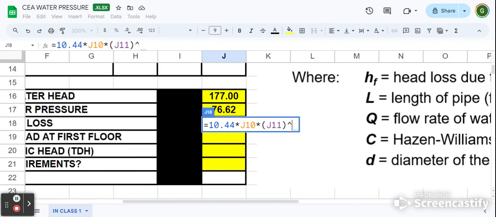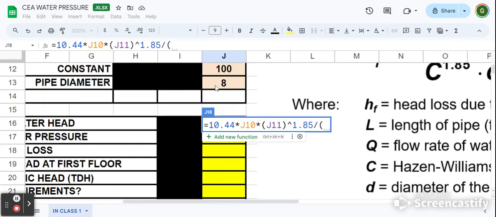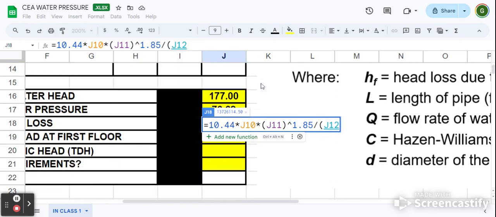When you do shift 6, that is called a caret. 1.85. We're only partway down here. Divided by, open parentheses, your constant with your C, so this one, J12, caret 1.85